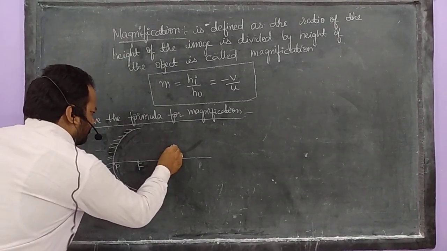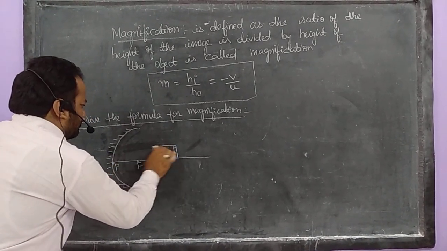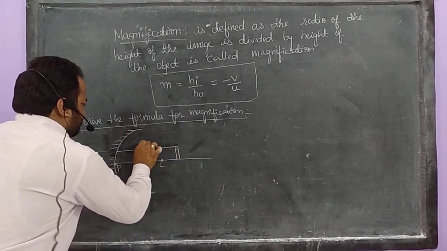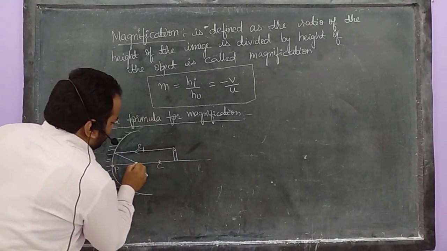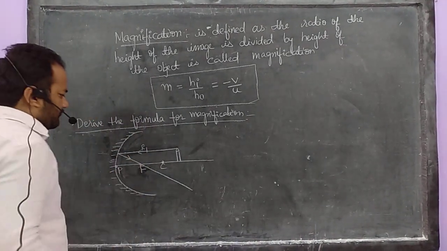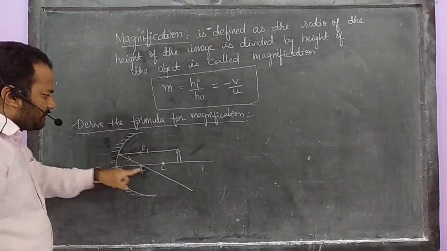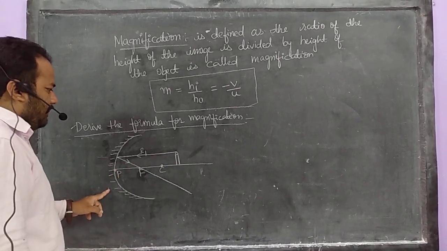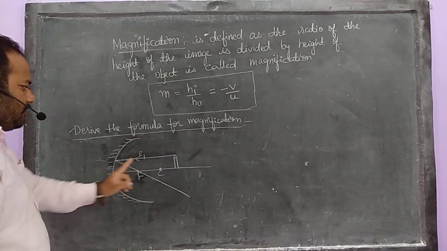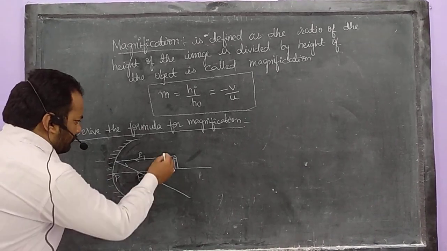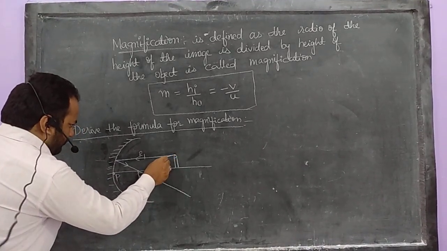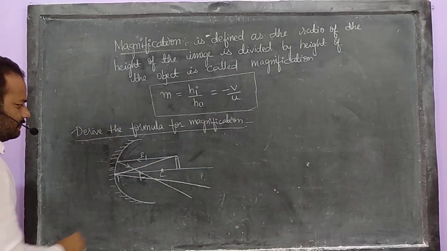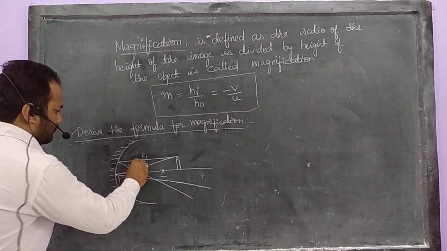What is rule 1? The incident ray is parallel to the principal axis, and the reflected ray passes through the focus. Is it clear? Yes, this is rule 1. Now don't go with rule 3 or rule 2. Why? Because you never get the similar triangles. So you can go with rule 4. Rule 4 says that the ray falls directly on the pole and reflects from the pole. In this way, this is your rule 4.